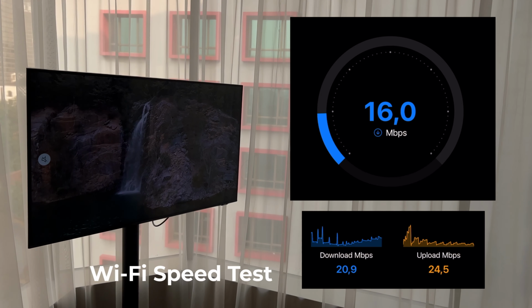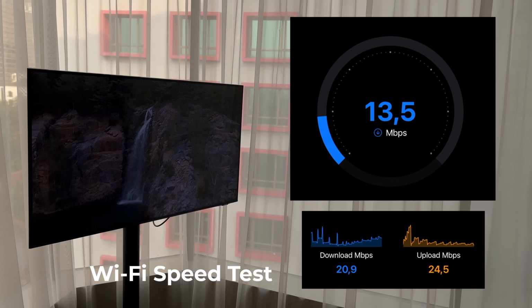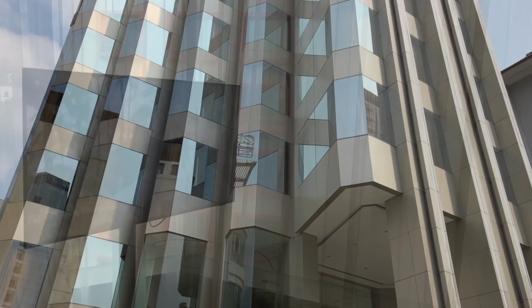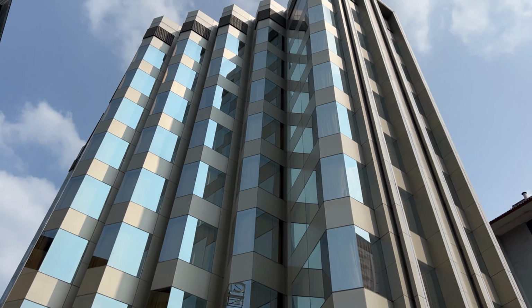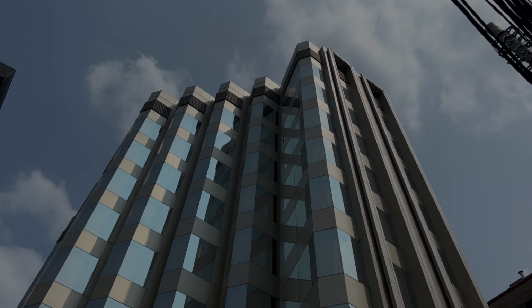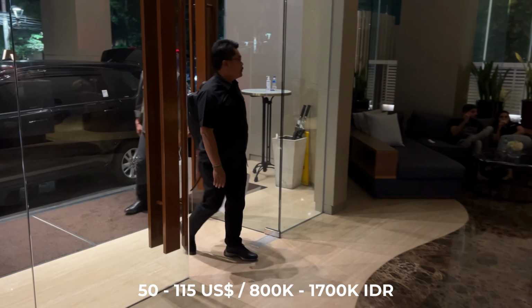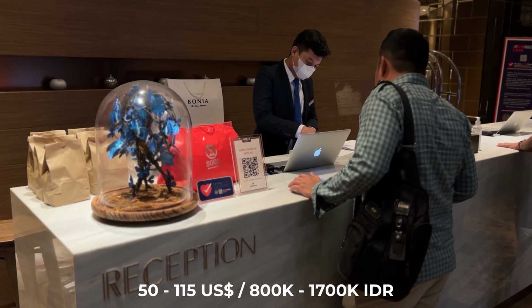Now you can see the results of the Wi-Fi speed test in the room. I spent 2 days here and actually I liked everything, especially the meals in the restaurant and the skyline city view in the room. Room prices in Ashley Wahid Hasim Hotel are from 50 to 115 US dollars per night